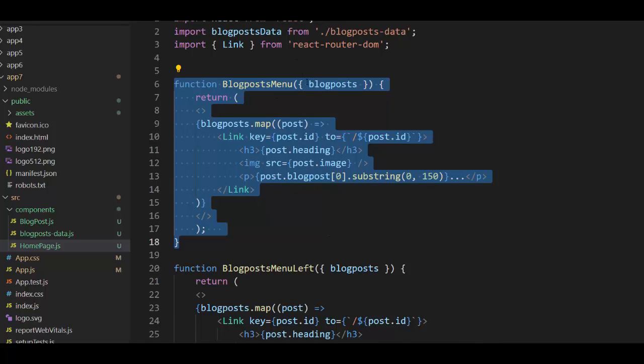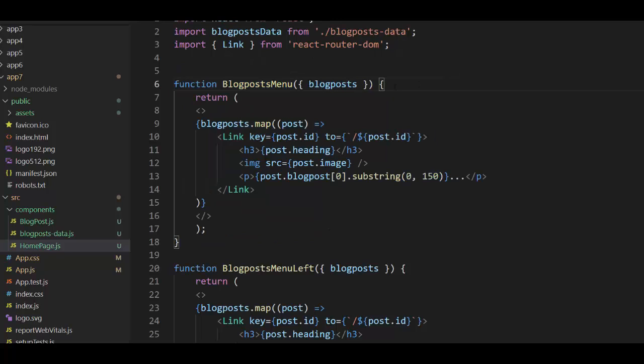It is again, blog posts is an object in a JSON document. Blog posts is an array with 3 members. Here, method map takes the first member, the first post, gives it to an arrow function which creates a link of that heading, image, and